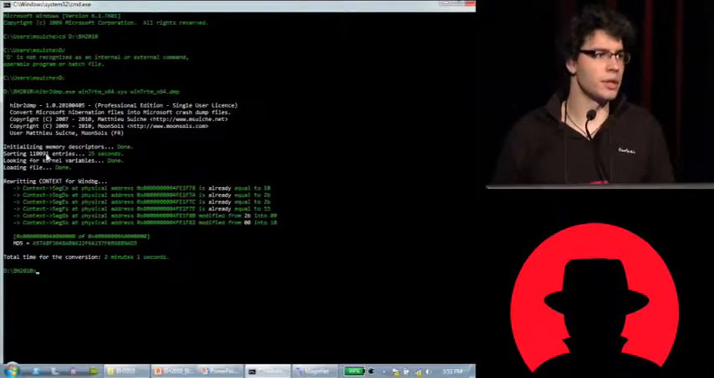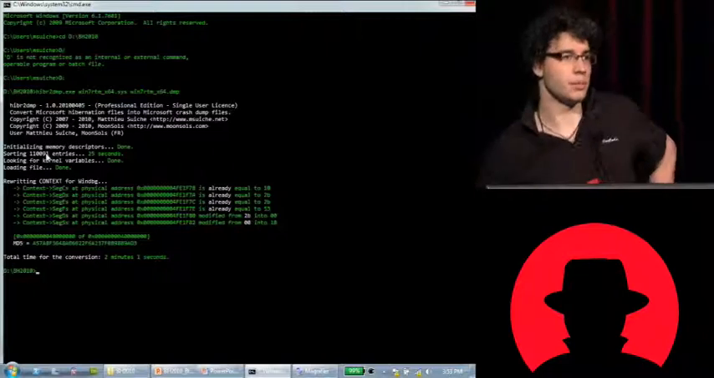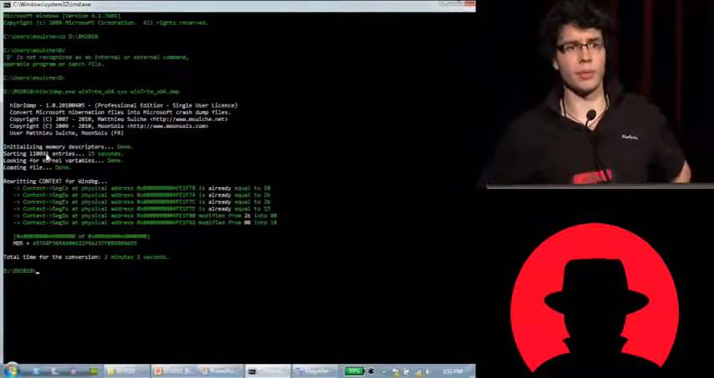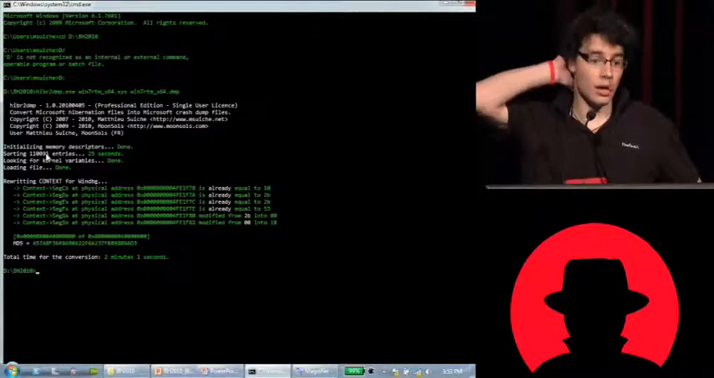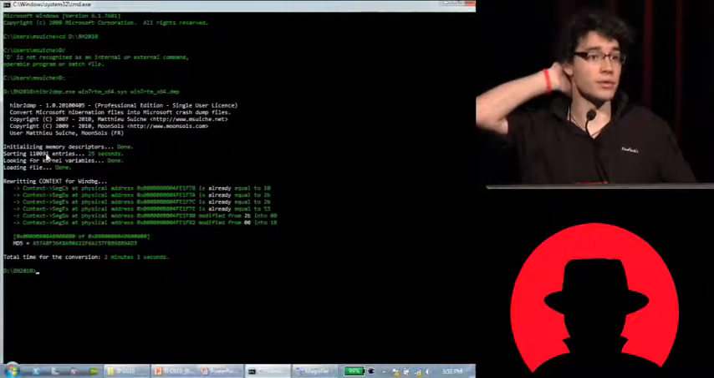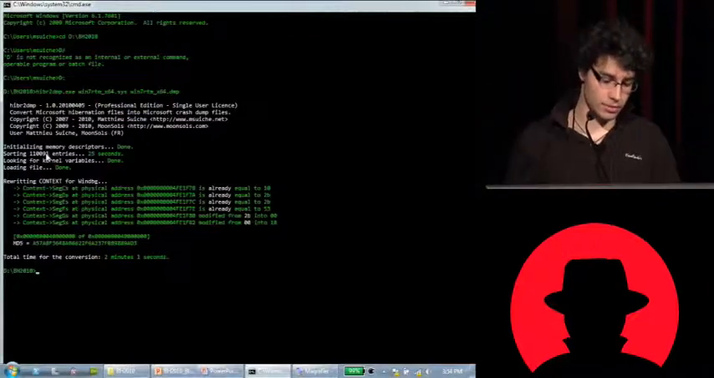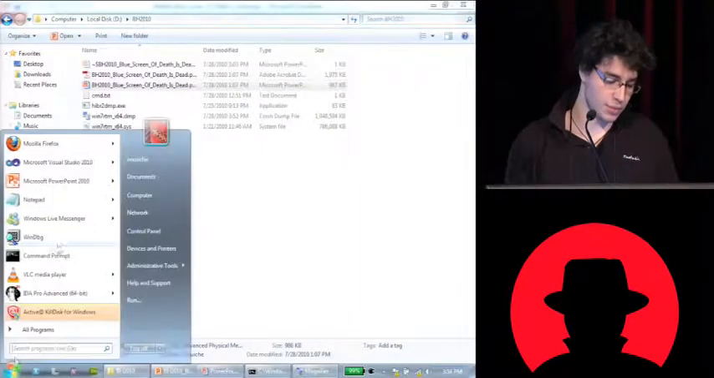There is also one thing with Volatility. Actually, it only works with Windows XP SP2 and Windows XP SP3, if I remember correctly. In this case, as you can see, it's a Windows 7 64-bit edition hibernation file. So, yeah. I'm not really stuck by this, but if I use WinDBG,